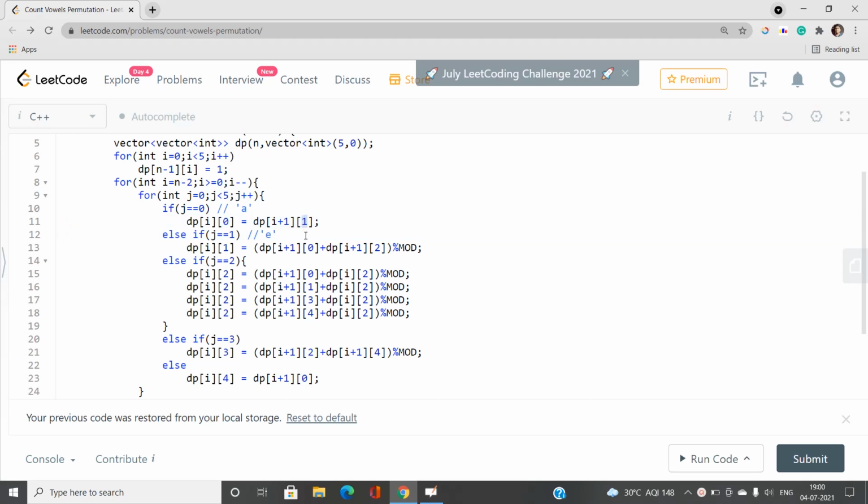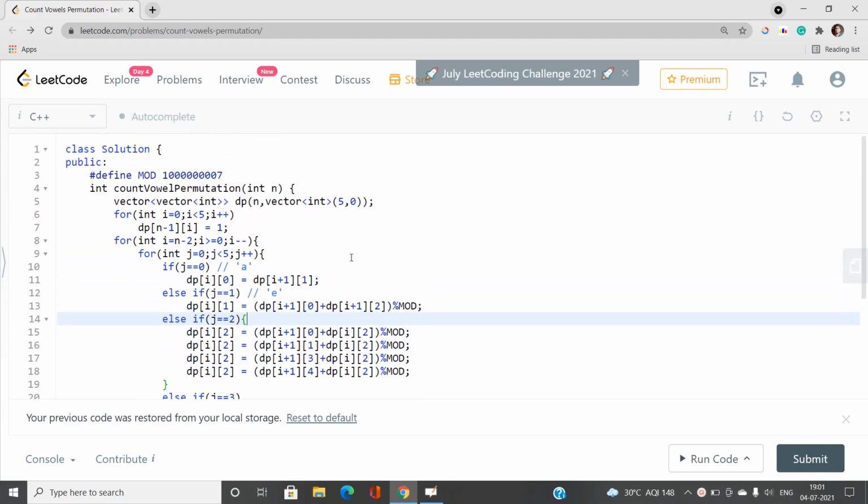And E should be followed by A and I, so I have taken the 0th column and second column for the next row, i plus 1. Note that I have to ensure that the sum does not exceed 10 power 9 plus 7. That's why I've used the modulus.